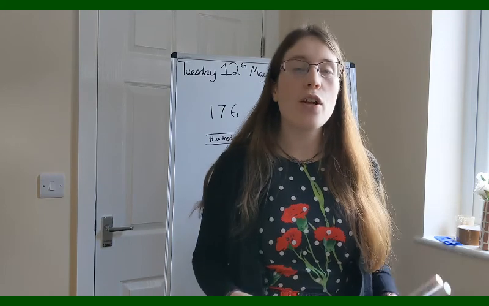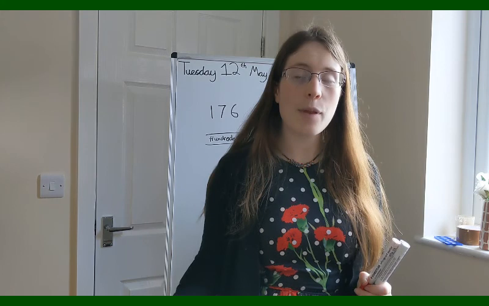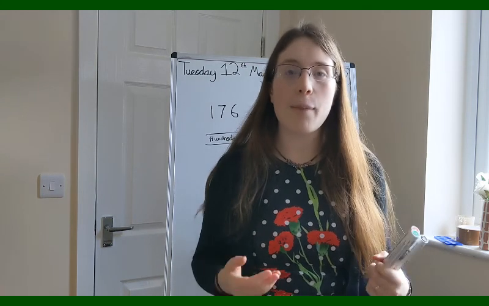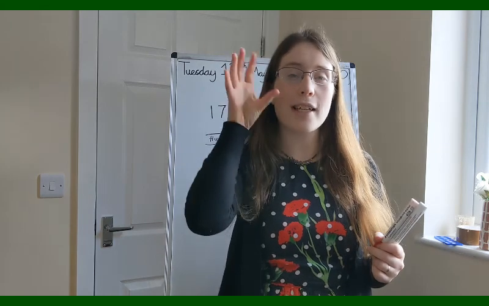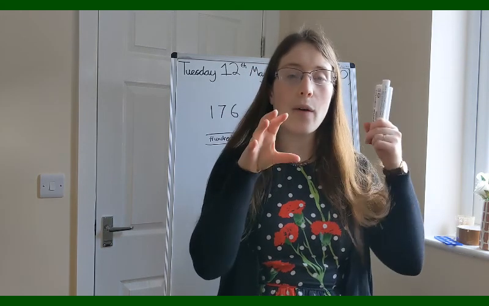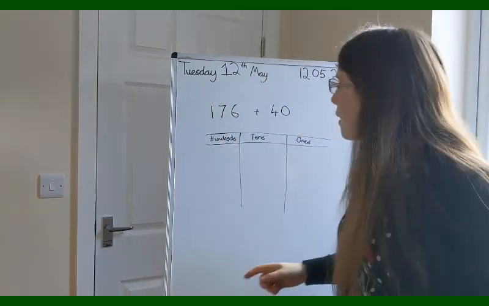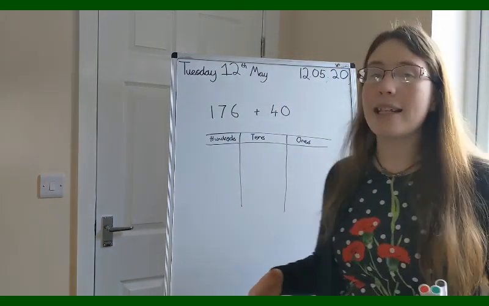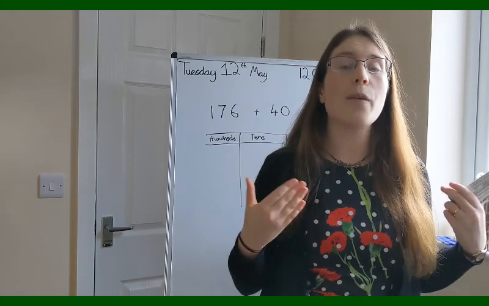So today we are going to continue looking at adding 3-digit numbers and tens, but we're going to start thinking about adding when we have an exchange going from our tens column to our hundreds column, and we're going to continue using our place value grids to help us with this so that we can build up to doing full